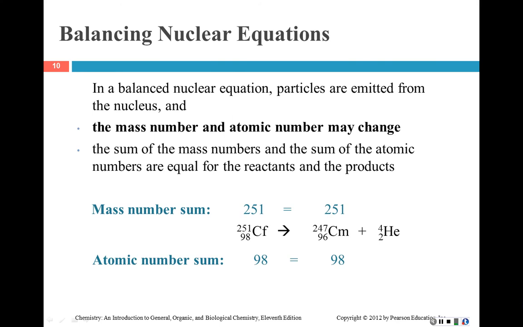In a balanced nuclear equation, you're going to see that particles have been emitted from the nucleus. Remember, that's the definition of what's happening here. The mass number and the atomic number may change, okay? But the sum of the mass numbers and the atomic numbers must be the same on each side of that arrow, all right? So, for example, if you have a nuclear material with 251 as its mass and 98 as